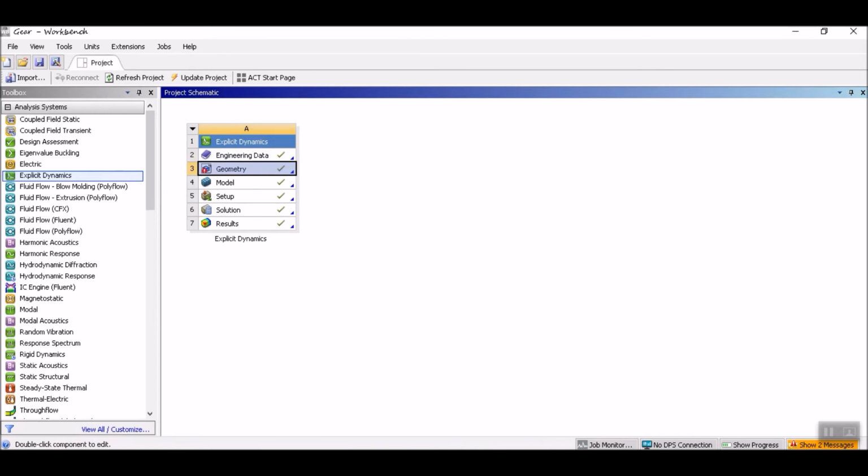In the geometry module, you can model your own geometry, or you can import your geometry from various CAD software like SolidWorks, CATIA, Creo, Inventor, Fusion, NX. You can directly import from CAD software to CAE software. You have to change the extension first, like IGES, STEP.